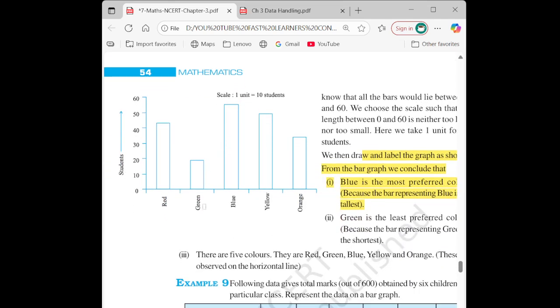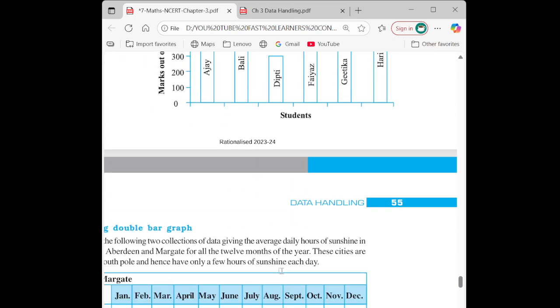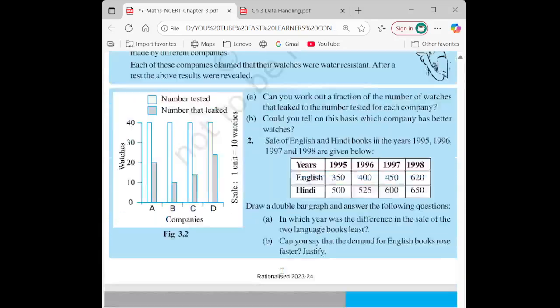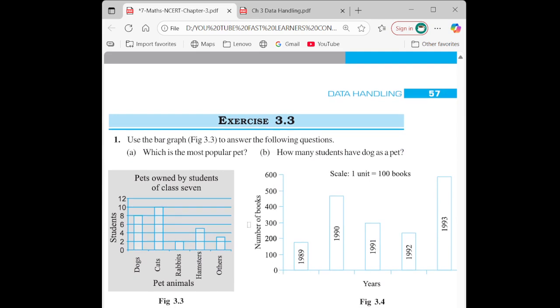So see here, red, green, blue, yellow, orange, and then the number of students are given. Here do not forget to write the scale of the graph. Okay, same way here. Please go through all this graph. You will understand how to do it and what to do. Always remember,